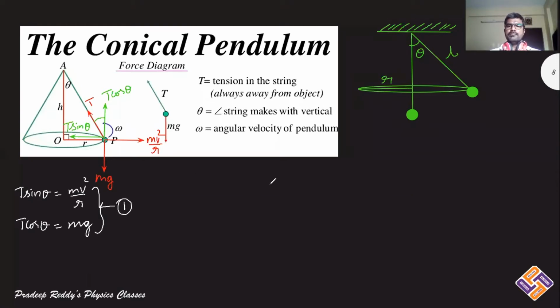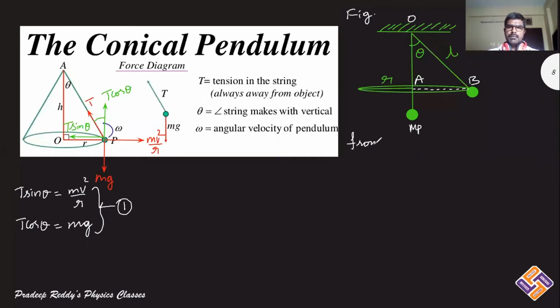Now look here. Coming to this figure, we have the simple pendulum position actually at the bottom. This is the mean position, right? This is the actual position. What you are doing now, you are lifting this pendulum to a certain height h and making it oscillate in the horizontal path. So this length will become L and this is angle theta. Now I can take this triangle. I name it as O, this is A and this is B.